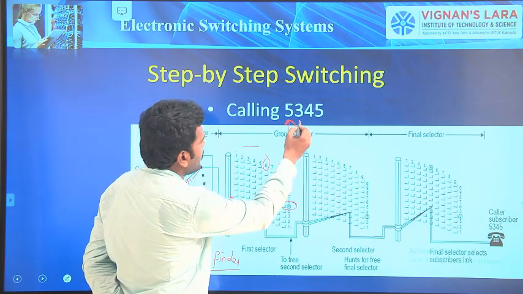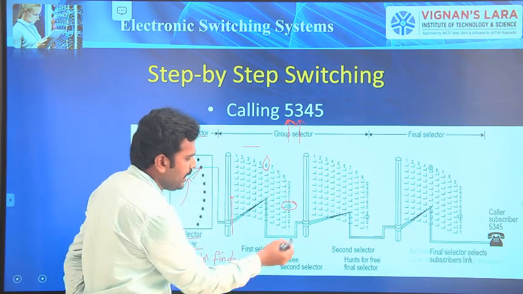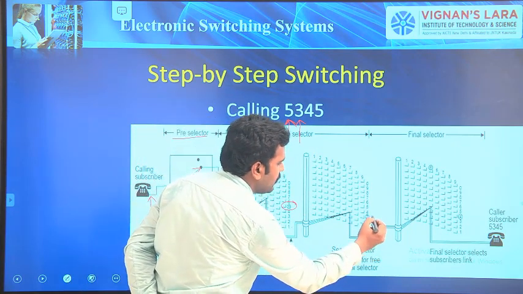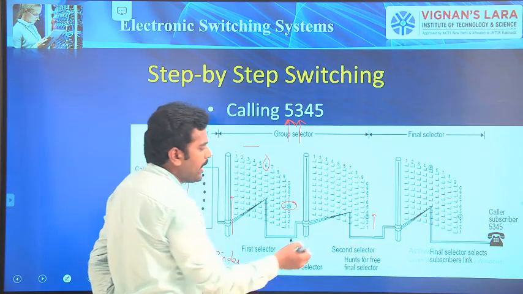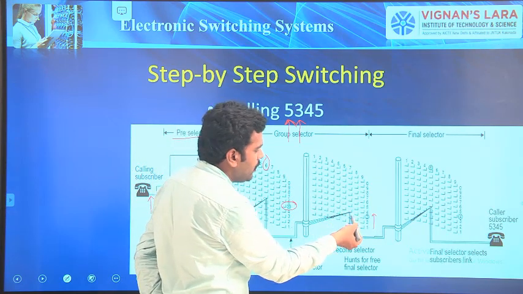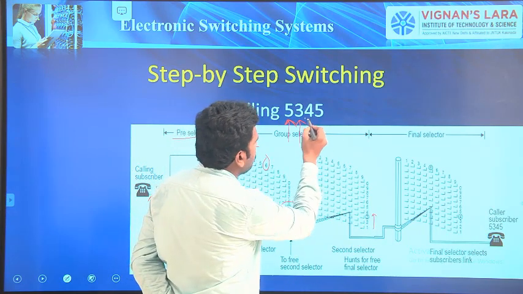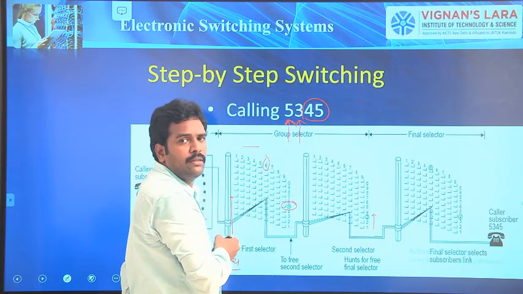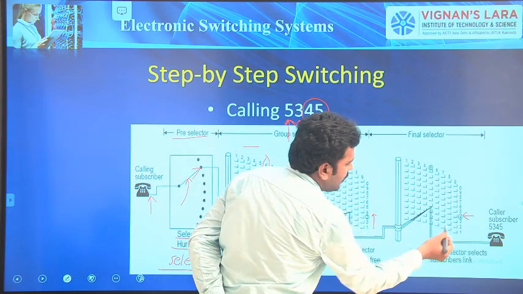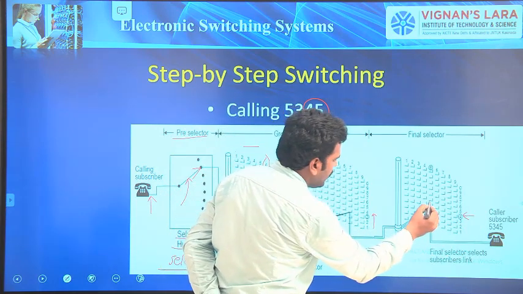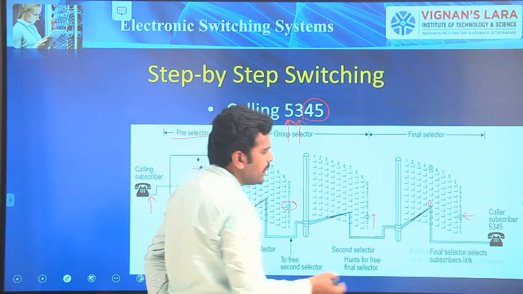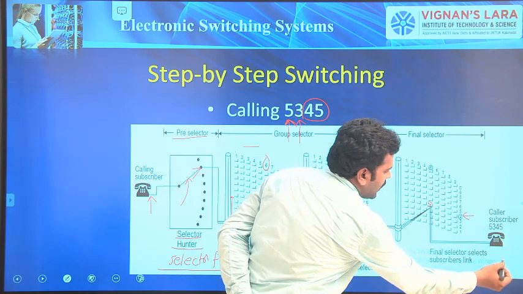Now, the next digit is 3. In this case, again this two-motion selector switch is going to move to the 3rd level. In the 3rd level, it may choose any one of the contact points based upon availability. Now it has also reached it. The last one is the final subscriber number. Therefore, here it is going to select the 4th level. In this, it has to select the 5th contact point only. Then only can it establish a connection to the called subscriber.